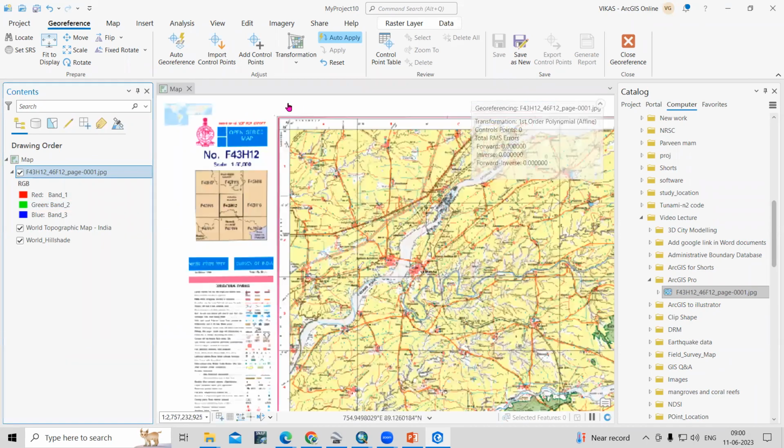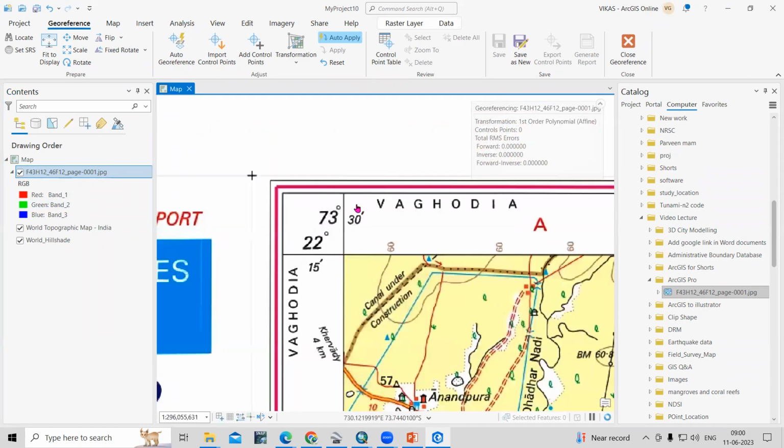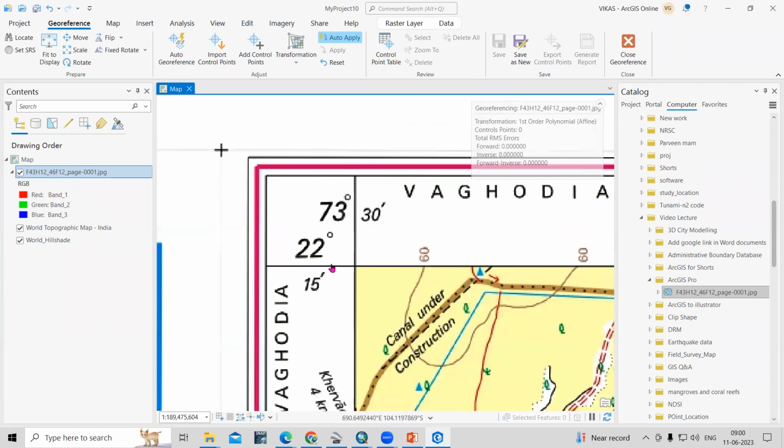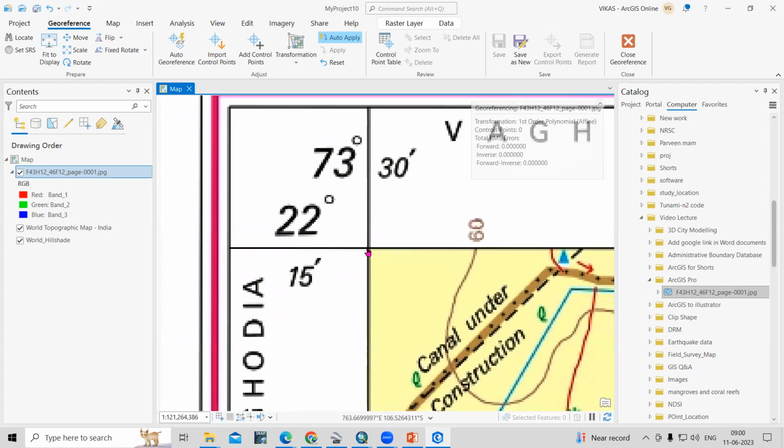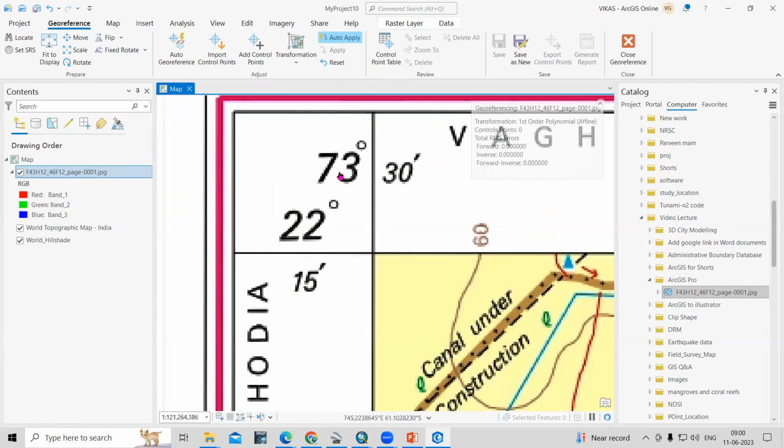Okay, so we need to provide this lat long here. From here to here, where both the longitude and latitude are meeting at this location, we need to provide a latitude and longitude. So for that, we need to click on the add control. Okay, so I will turn auto apply off, and I will just click on the add control points. So from this to this, where both this longitude and latitude are coming,